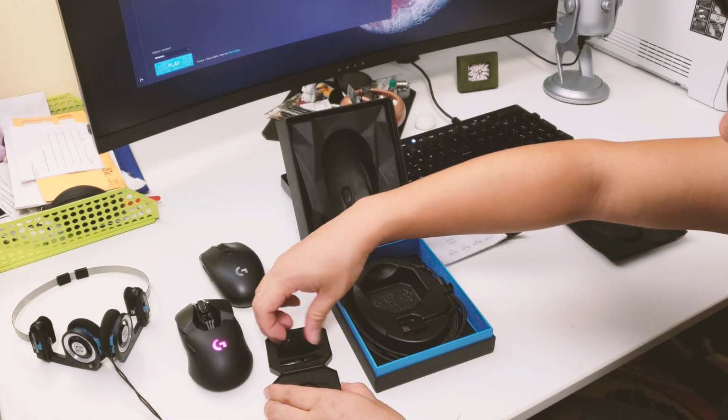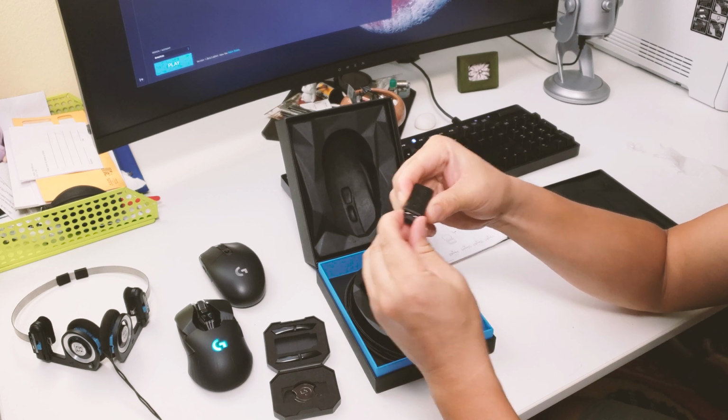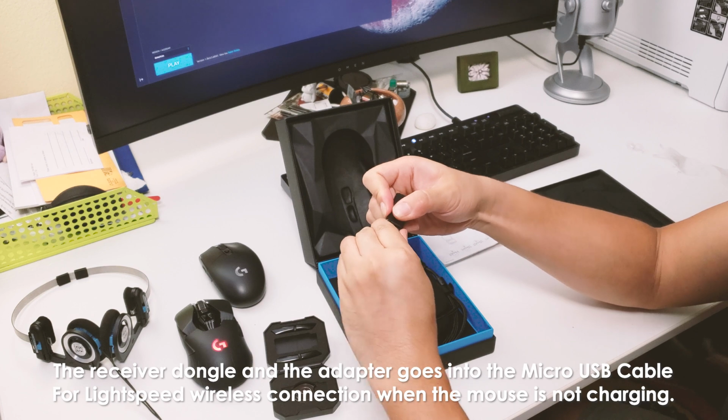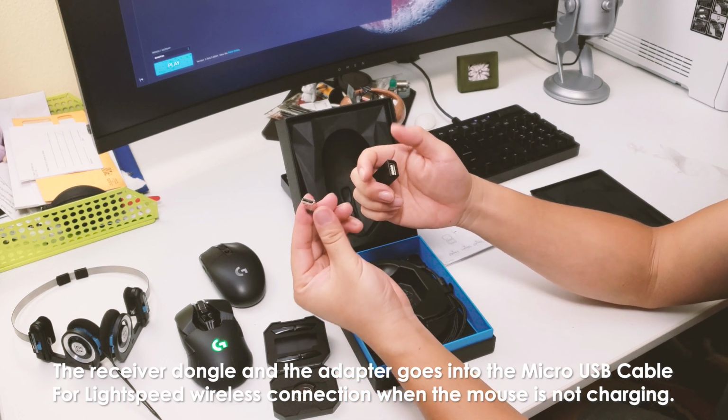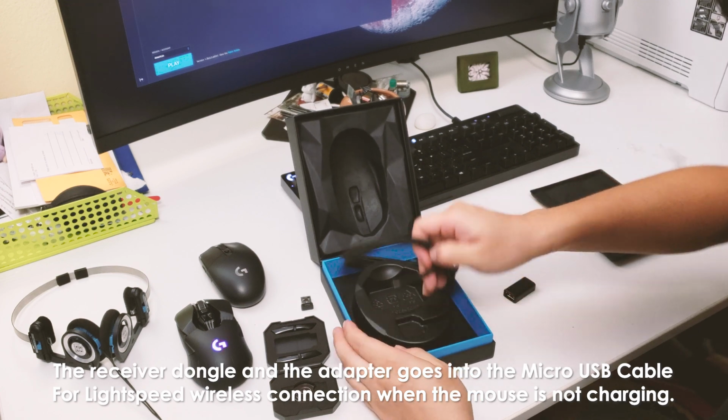Okay, over here is your Lightspeed connector, probably the charger. The receiver is right over here. So there's a receiver to plug onto the computer, I think, or